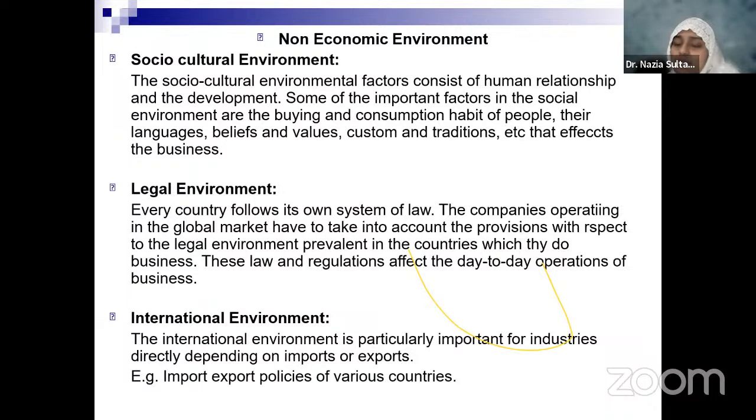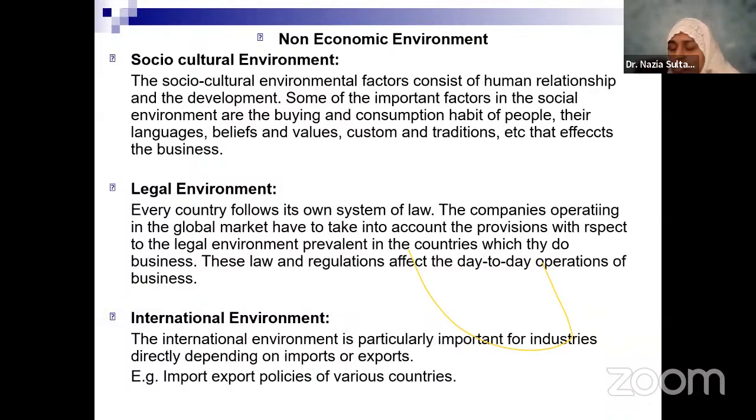Similarly, if you are an MNC and you want to enter a foreign country, you have to understand what kind of cultural beliefs and value system they have. For example, alcohol companies find it very difficult, in fact impossible, to penetrate countries like Saudi Arabia, where there is a bar on drinking alcohol as per the majority religion, Islam. So it doesn't permit companies which are selling alcohol to enter their zones. So there, the culture of that particular country has an impact on all these businesses.